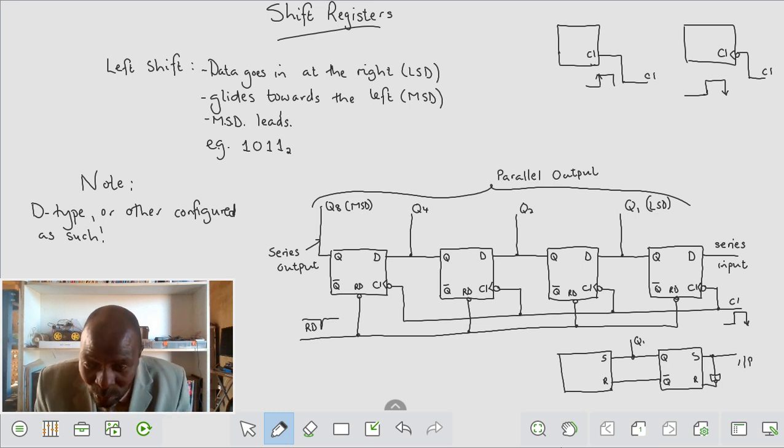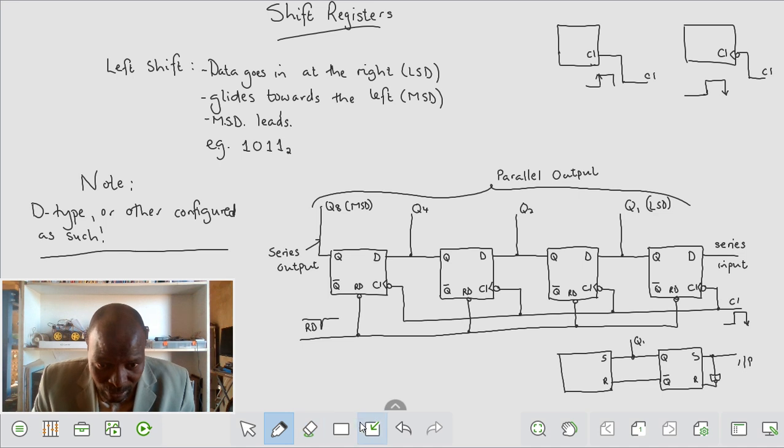So in tests, you can be asked to use D-type flip-flops. You can be asked to use other flip-flops. You have to remember, if it's other flip-flops, the configuration of those flip-flops must be seen to be D-type. All right. So that aside, I will then show how we can do a right shift in the same space so that we save ourselves